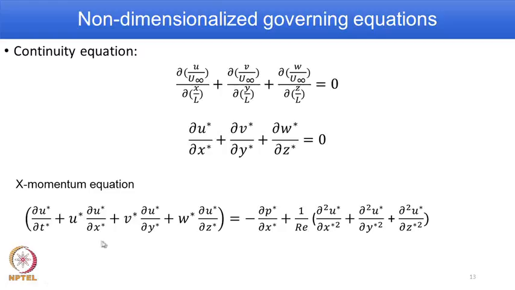So, we see here, as I explained for the continuity equation, here also no term has unit. ∂u*, of course, you know already u* has no unit, t* is also no unit. So, the entire term has no unit. Similarly, other terms. So, the entire equation is without any particular unit,